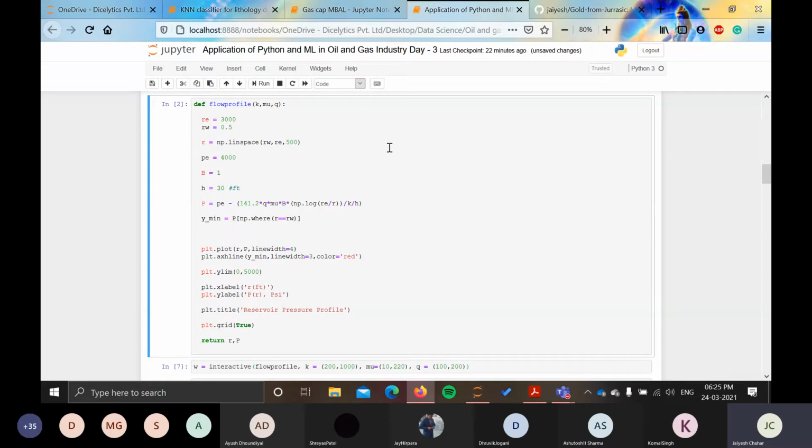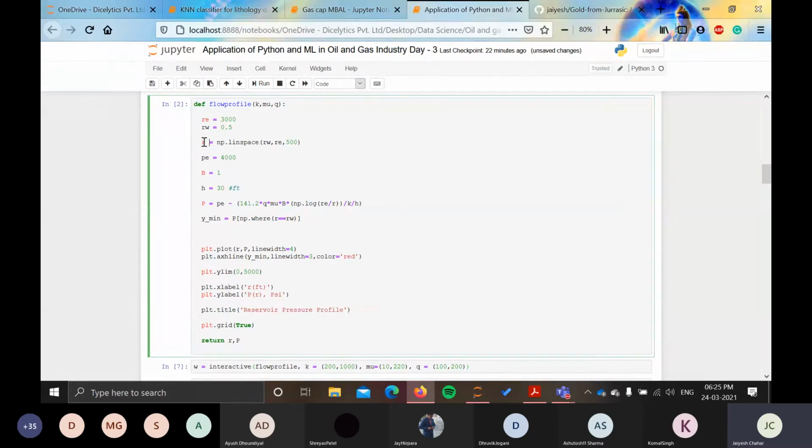So I have created a function here by the name of flow profile, and given the input parameters as k, mu, and q. Mu is viscosity, q is flow rate, k is permeability. After defining this function, I have given the value of RE, the external radius of the reservoir, as 3000 feet, RW as 0.5, and I have made a NumPy array of radius, as I want to show the variation of pressure in the reservoir at different positions from the wellbore.